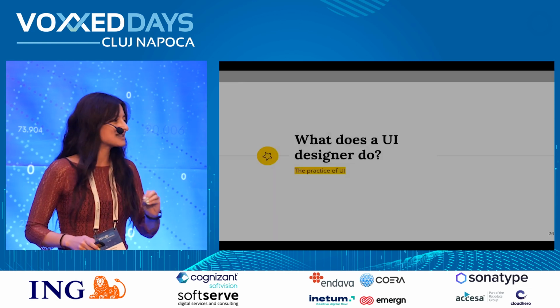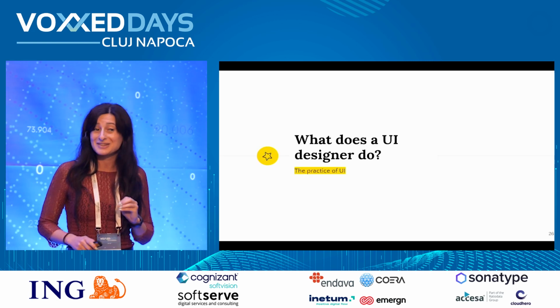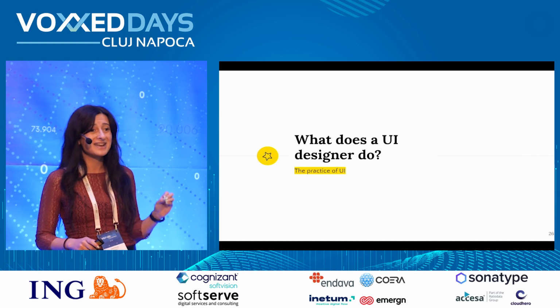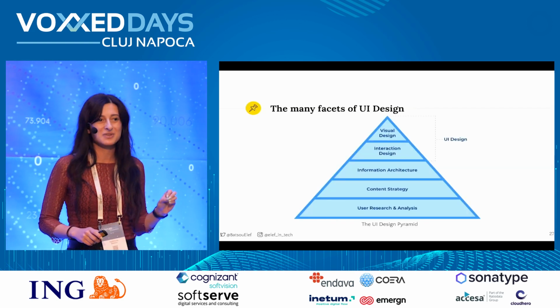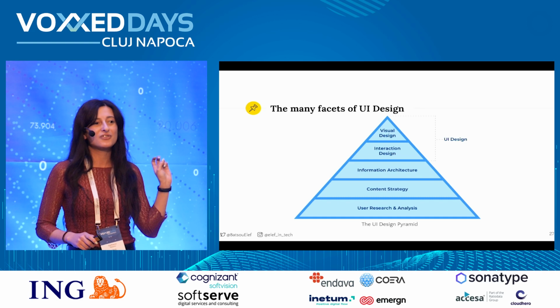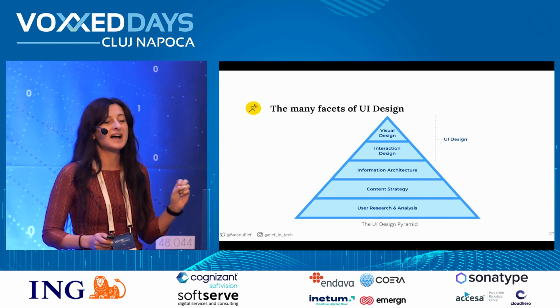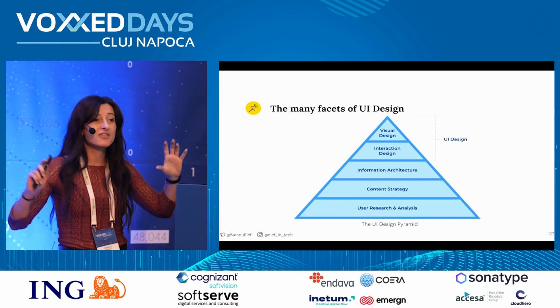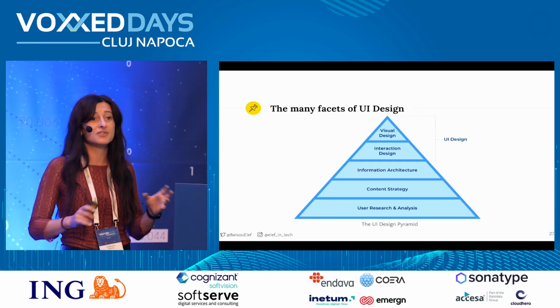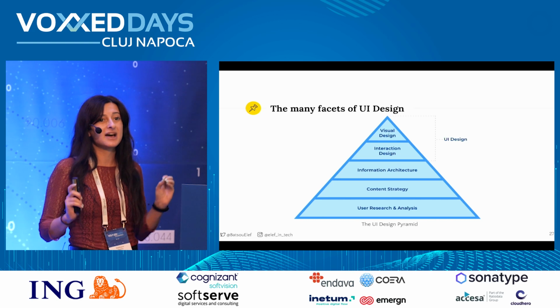Okay, now let's go back to our original question, what does a UI designer do? And I'm going back to the pyramid. This time we will focus on the top two layers, so we have the interaction design as well as the visual design. We have all the work and all the information from the researchers, and now it's time to build